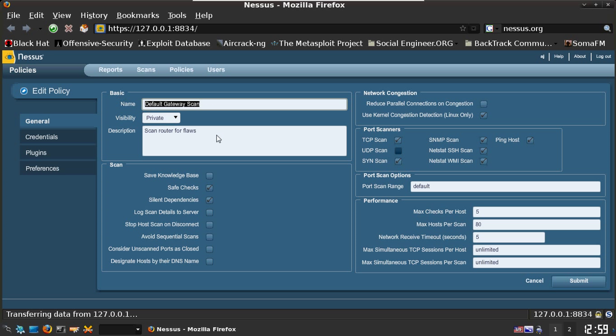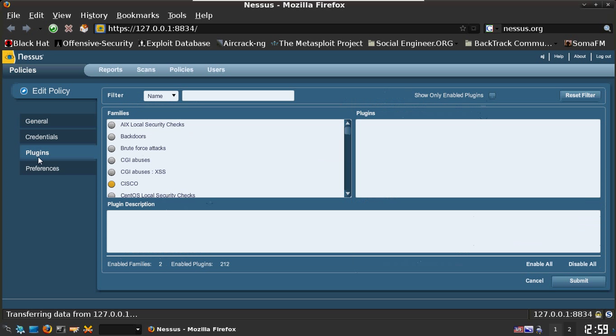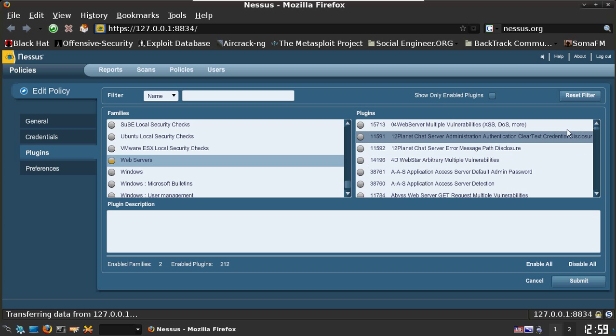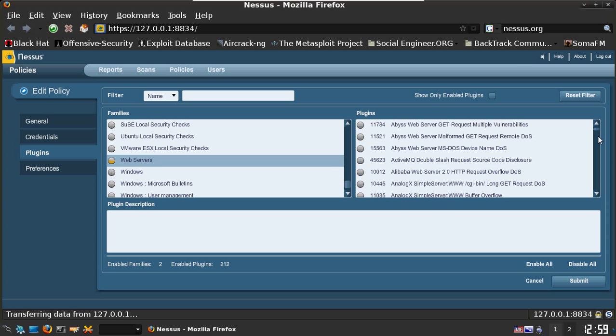Default gateway scan the router for flaws, and under plugins I had two families of plugins enabled, Cisco and web servers, because under web servers there's a DD-WRT vulnerability, which is the one that just so happens to be vulnerable to, that I found because obviously I've already done this scan and found the exploit, and for time purposes I wanted to go ahead and run the scan because it can take a while to do depending on how many